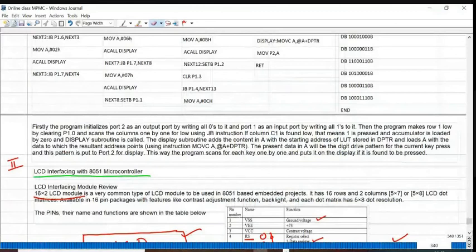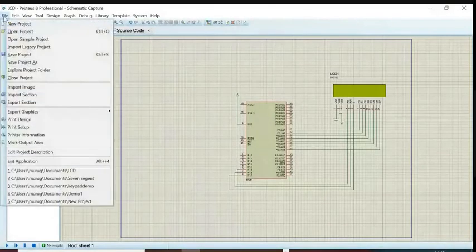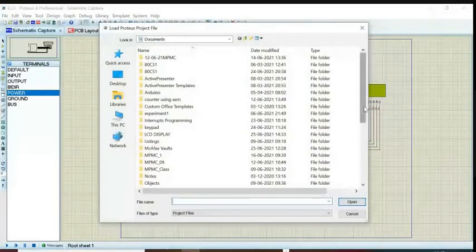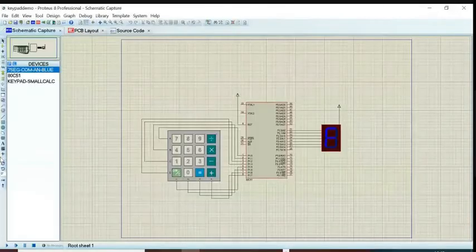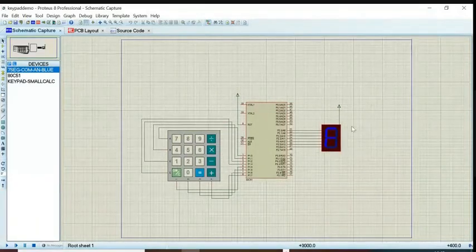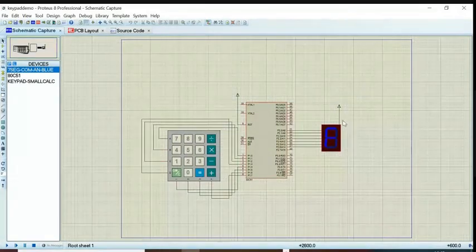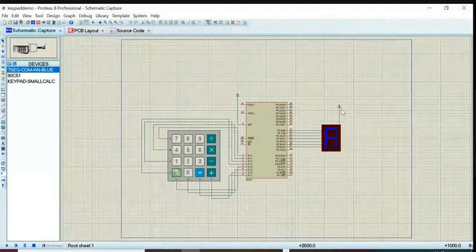I'll show you now. File, open project. See here. So this is the common anode display. All the anodes of all LEDs are connected together and kept at logic high.